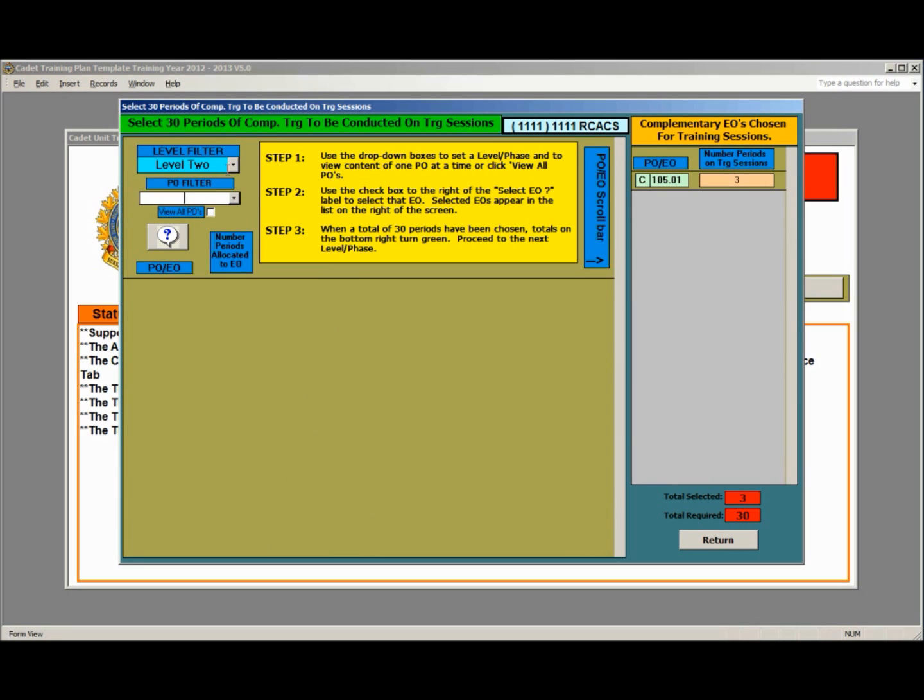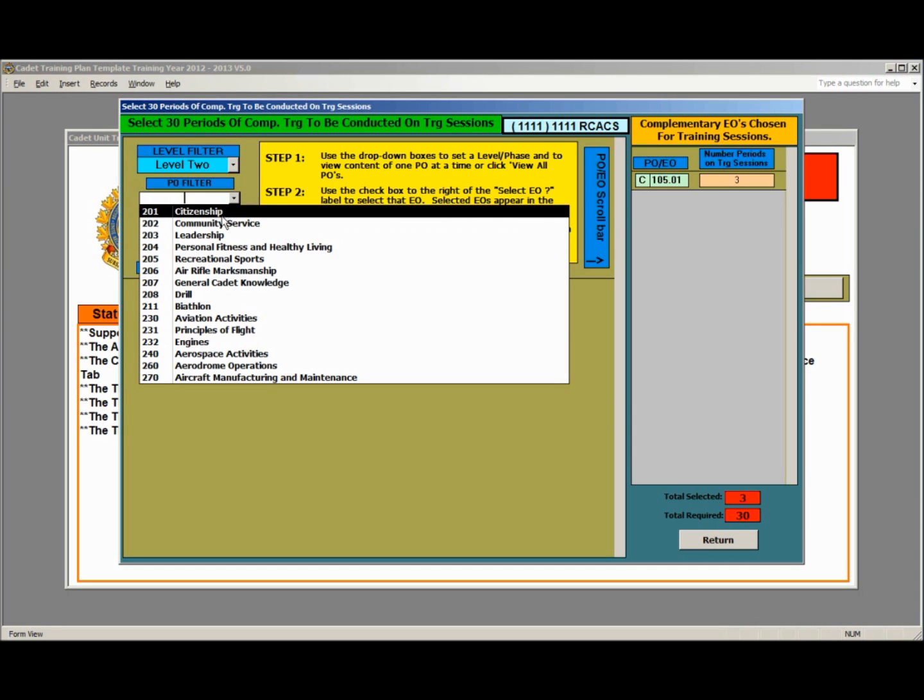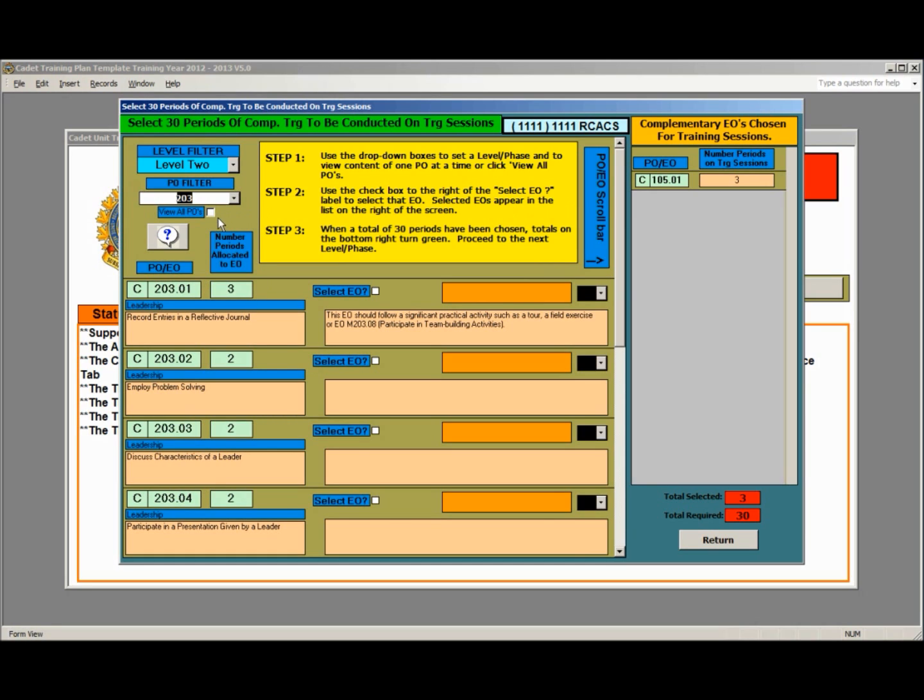You go back to the level filter as I did and select your next training year and make your selections. Now here we are in year 2, and if you remember from the previous video, we did pre-select 3 periods of C105 for the parade night training sessions, and so those appear here and they're ready and waiting, and those 3 periods come off of the 30 that we had to select, but it's already selected, so I only need to pick 27 more periods, and the process then continues the same as we've demonstrated. You simply select the EOs that you want,